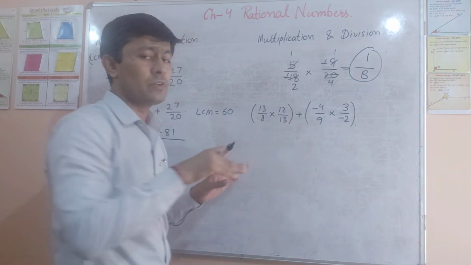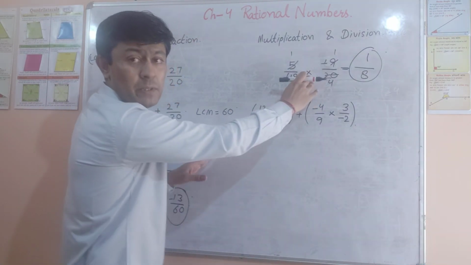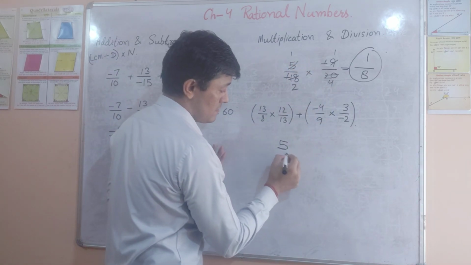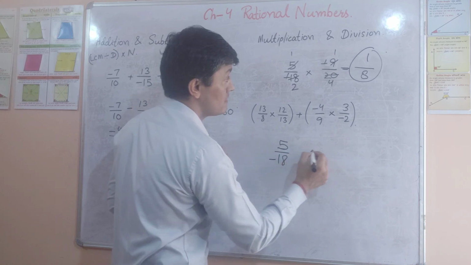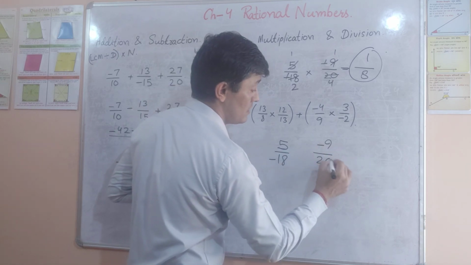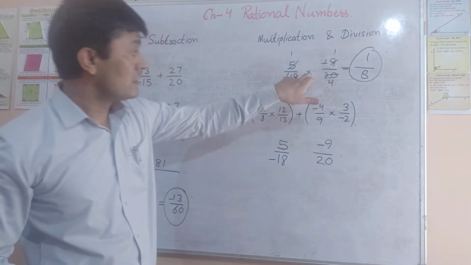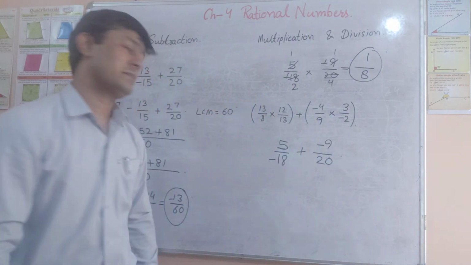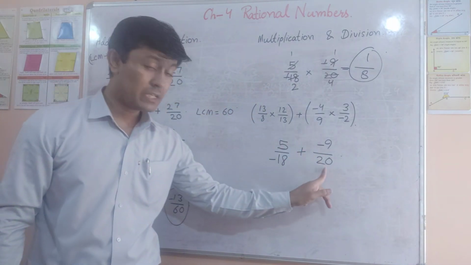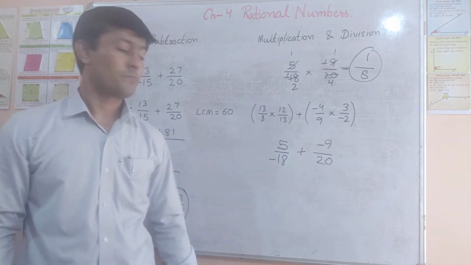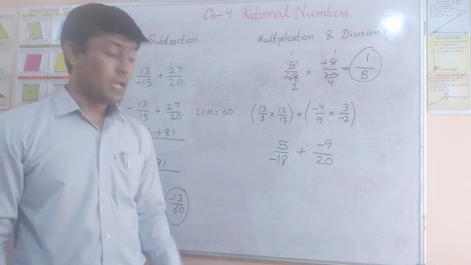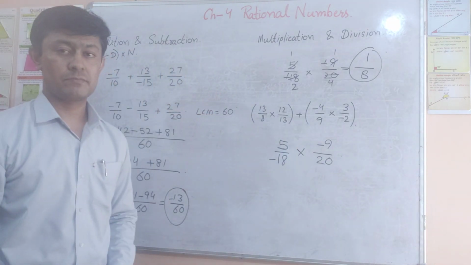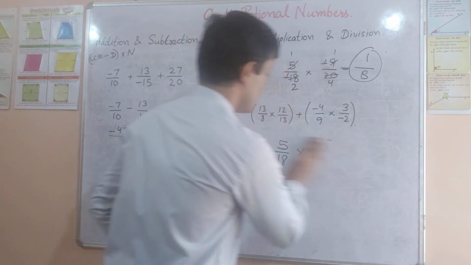See, suppose I am going to write down this question once again. यहाँ पे अभी multiplication था, तो 5 और 20 कट हो गए थे. अच्छा, now 5 upon 18 minus and minus 9 upon 20. ये क्वेश्चन था, इस क्वेश्चन में यहाँ पे मल्टीप्लीकेशन भी, but now I am going to write down the plus sign here. Now tell me 5 and 20 can they be cut? Answer is no. 5 and 20 cannot be cut. अगर यहाँ पे multiply है, yes, now they can be cut very easily, right? I think this concept is clear to all of you.